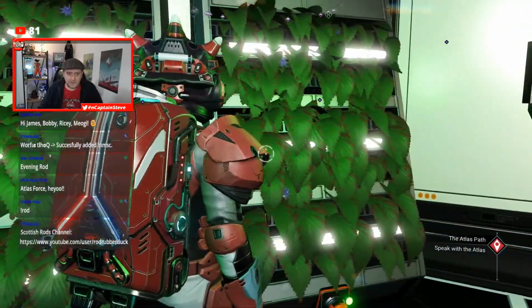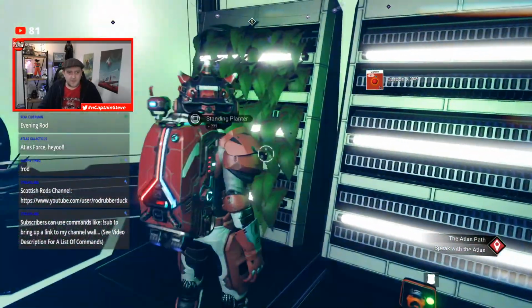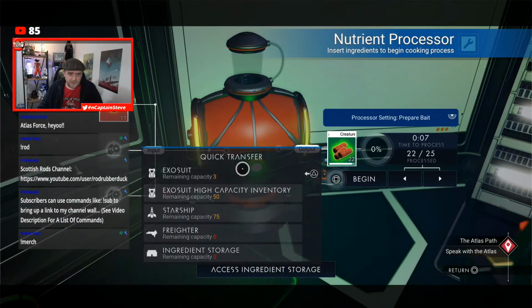So anyway, all you need to do is go to these planters, grab some of these. Yeah, there's 4 of them here. There's some more in the corridors out there as well. But yeah, you don't need all of them, but there you go. And go over to these machines here, chuck them in, make a load of creature pellets, which I've already got